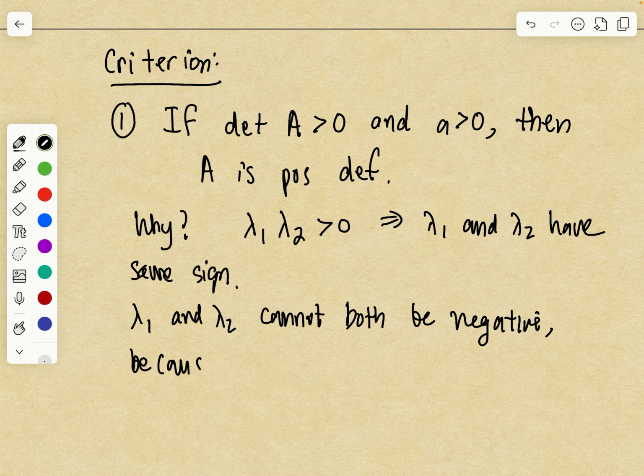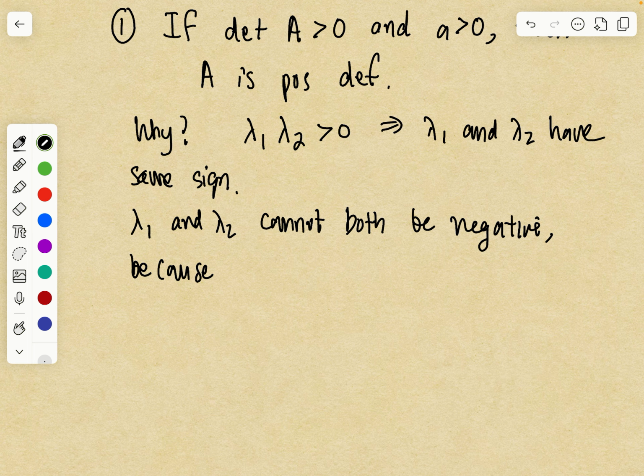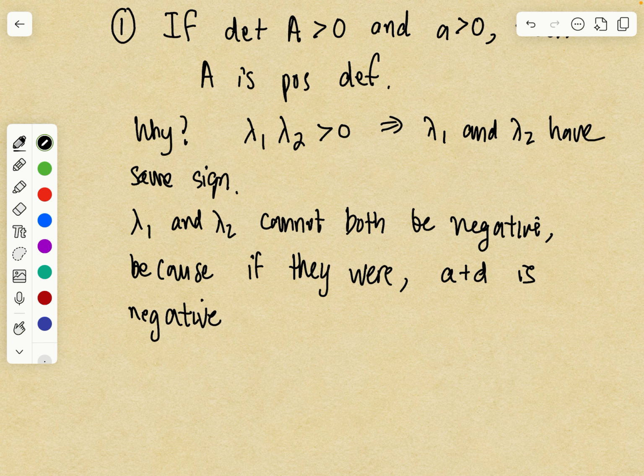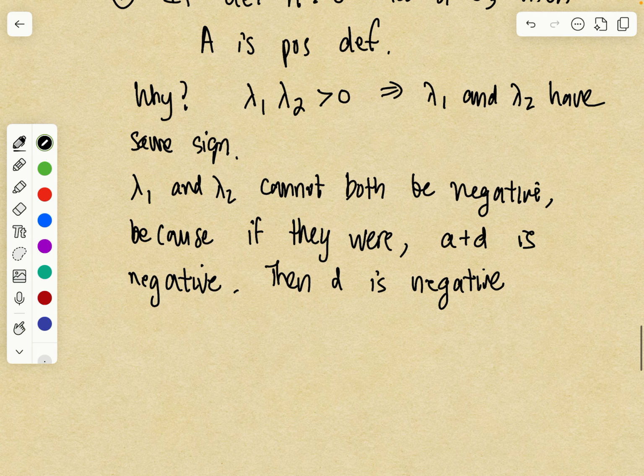And the reason is because if they were, then A plus D would be negative, because lambda 1 plus lambda 2 is equal to A plus D. Well, if A plus D is negative and A is positive, then D is negative. Right? I mean, if you have a positive number A and then you add some number and you get a negative number, then that number you added had to be negative. So D is negative, but